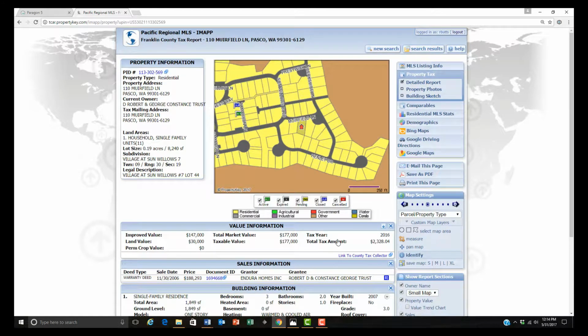IMAPP will then pull up general information about the property, including the property owner's name, a description of the property, the subdivision, value information, sales information, plus it brings up a map that shows where the property is located. We want to send flyers to the people that live in and around our subject property, and it's easy to do using IMAPP. With the map in place, we're going to go to the map settings,